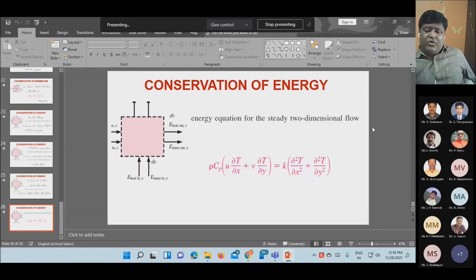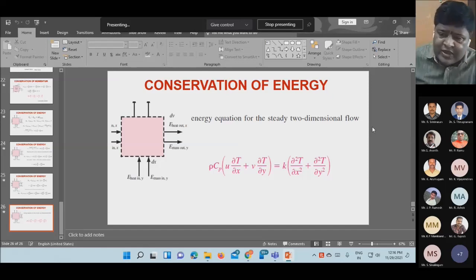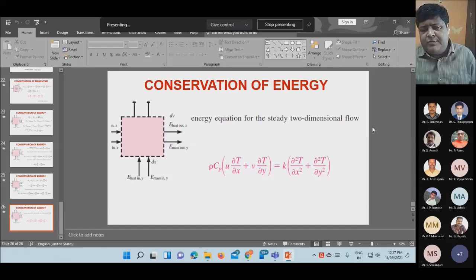And finally, when we work out problems, how to select the correlation will be another point we will try to discuss for just a few minutes. So first, let us take any convection problem. For any convection problem, first let us see what is the type of flow. First, you see whether it is internal flow or external flow.